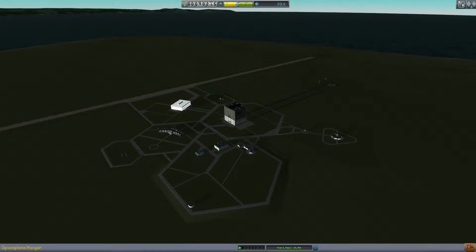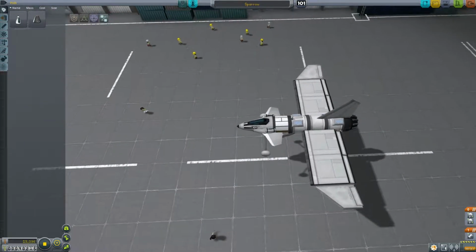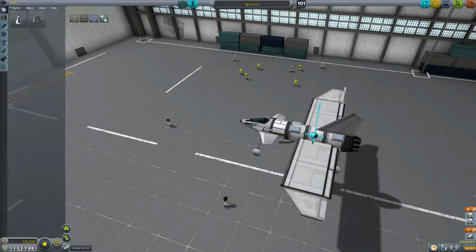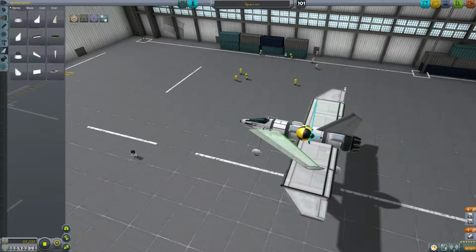Let's try another space plane. And I'm still pretty happy with this design. Could I do any better though? Let's take that off. Because the front doesn't really...